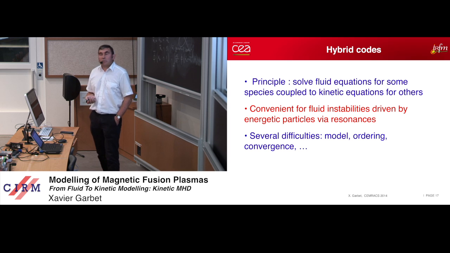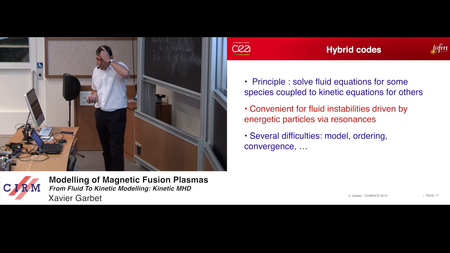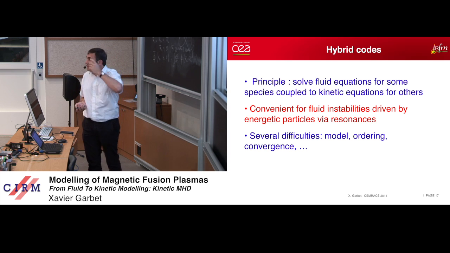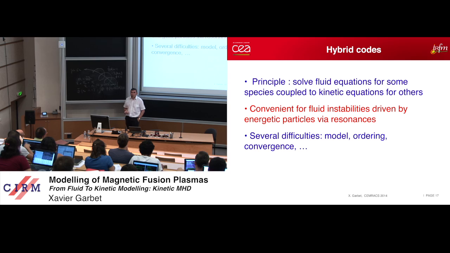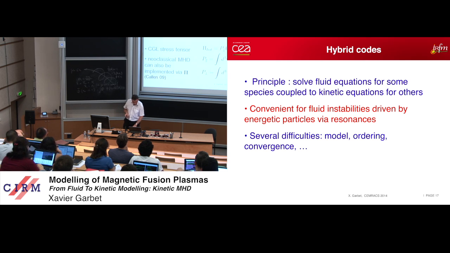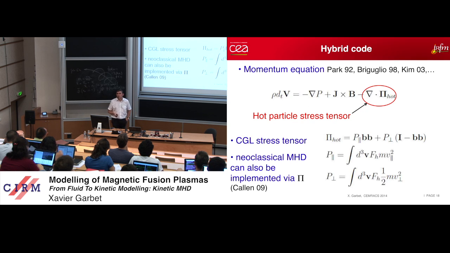Now I'm moving to, in a sense, the most difficult part, which is a case where you really have a resonant interaction between an MHD mode and a population of particles. Let's say, for instance, energetic particles typically in a tokamak. Right? And there you have to move to hybrid codes. So what is a hybrid code? A hybrid code is